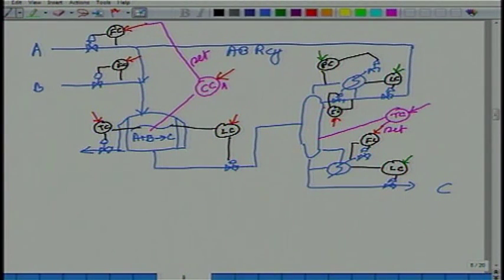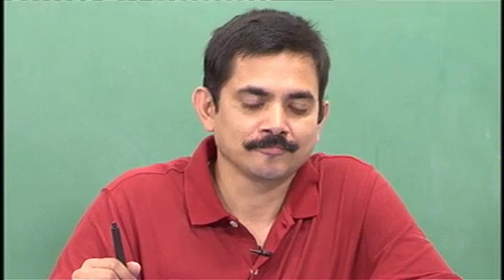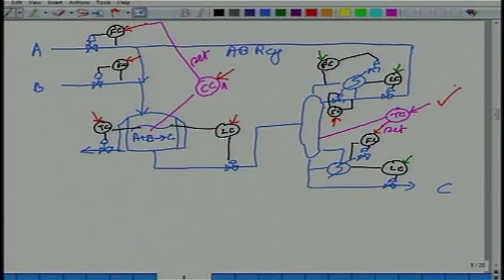Now how do we choose, what do we do with these 6 set points? What should the temperature set point be in the column? How do I choose this set point, column temperature set point? It has to be chosen so that the product is 99.9% pure. So product purity specification basically fixes this. So I know how to fix this, yeah, okay.